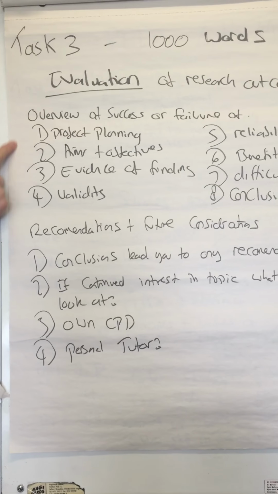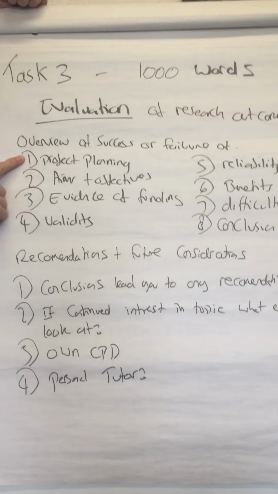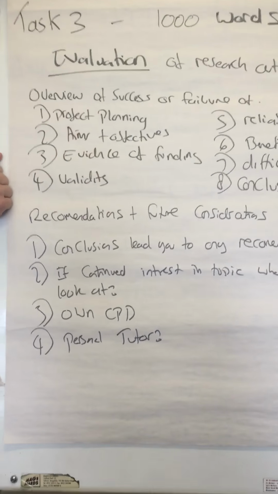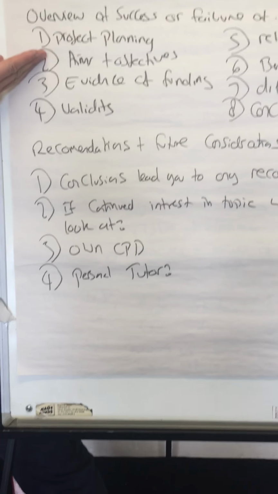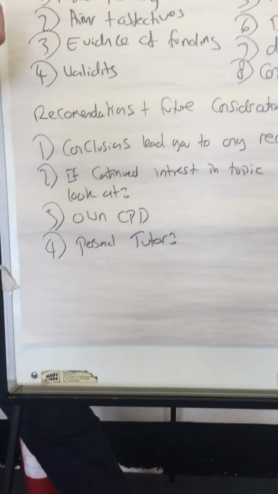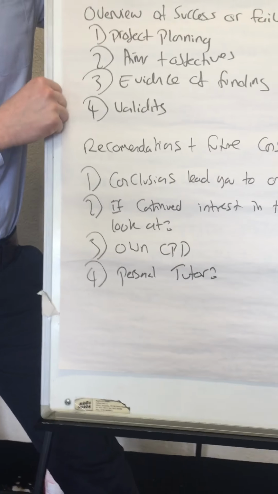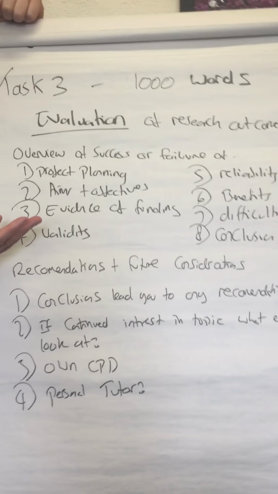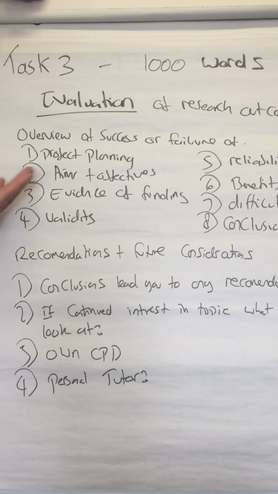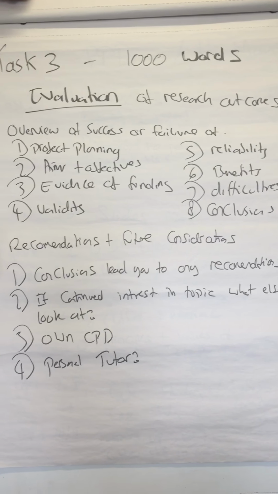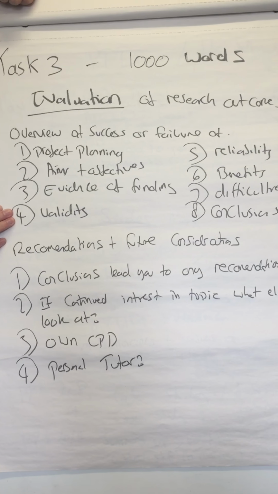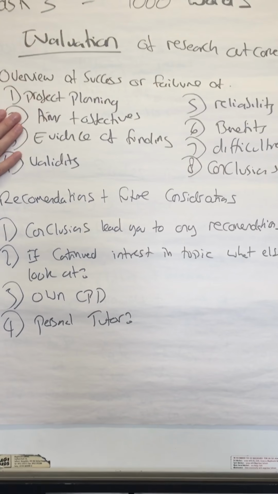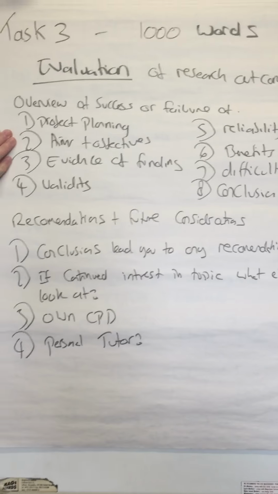So some of the overview will consist of looking at your project planning. So that's your methodology. So it could be your research question, it could be your aims, your objectives of your paper, it could be the area you wanted to specifically research on. Okay, so your reliability, your ethics, validity. You've got the aims, objectives of your project, your findings that you found. So it would obviously include your interview when you interviewed a client or health and social care professional. The benefits of your project, the difficulties and your conclusions that you came to. So you're looking at what went well, what didn't, and looking at why.